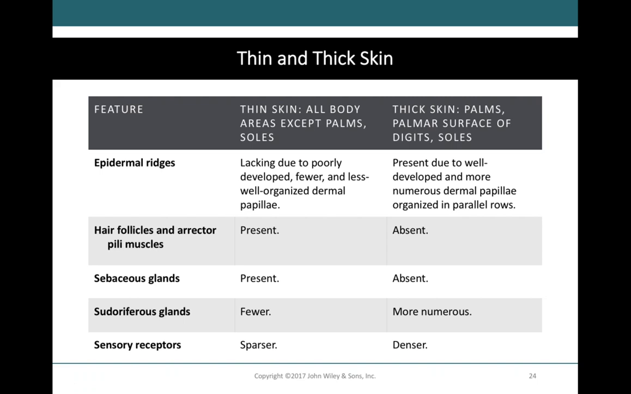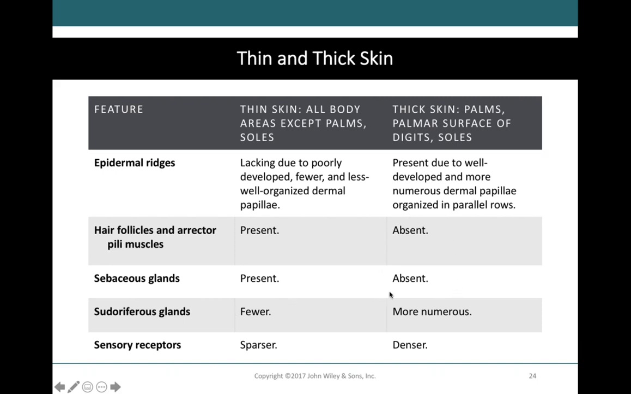So in thick skin, we're going to have more well-developed dermal papillae. So the epidermal ridges are going to be found more heavily in areas of thick skin. These are fingerprints. So fingerprints are going to be found more readily here on thick skin. There's not going to be as many epidermal ridges found in areas of thin skin. Hair follicles and their associated sebaceous glands are going to be present in thin skin,